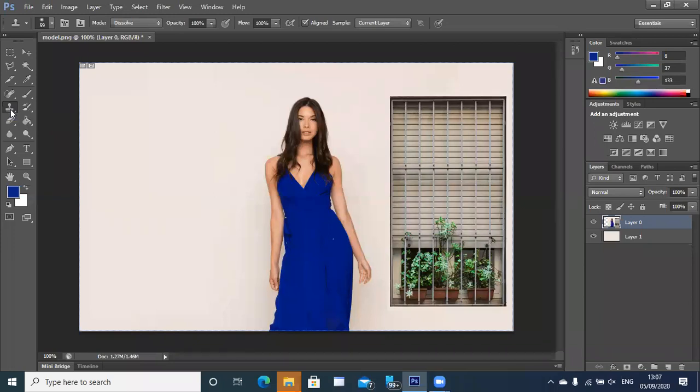How do you erase the window? Anugrah, I'm coming to that. The next tool is that only, Anugrah. So the clone stamp tool is up here. I'm selecting the clone stamp tool. Alt and click to define your source. Rishika, Alt and click to define your source. Then start replicating.